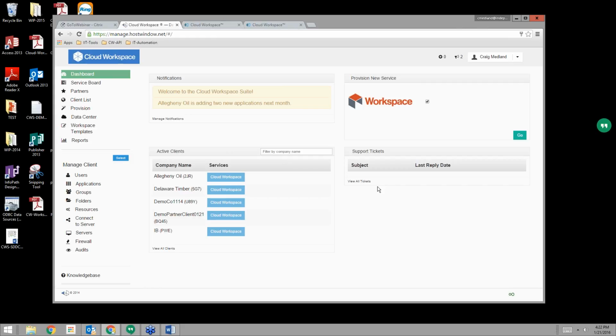The single pane of glass also allows you to do some right sizing. It allows you to manage those resources and make sure you're only delivering the resources, and when I talk about resources, I'm talking about vCPU, RAM, and storage, that the client and the end users absolutely need. So you can right size.